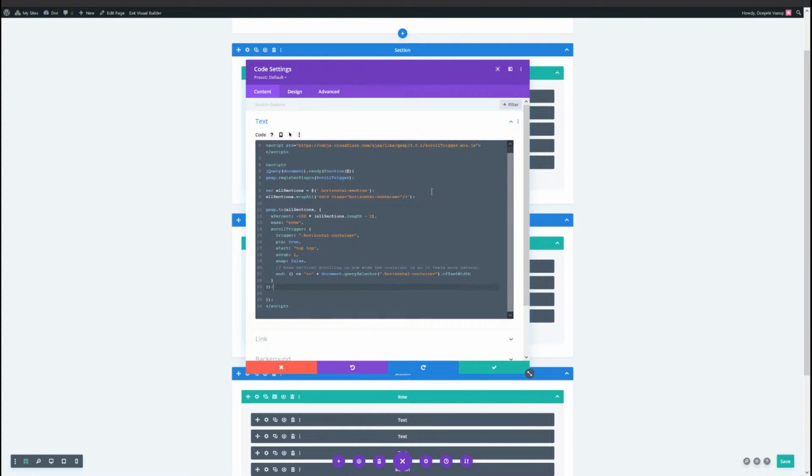GSAP and scroll trigger have quite some documentation, and you can find a lot of it on their websites. They're also linked in the blog post, which you can find in the description below. Although it's JavaScript and it's coding and algorithms, it's very structured and very easy to use if you dive into the documentation. I'm not going to do that within this tutorial because it would take a long time to explain the basics of JavaScript, first of all, and GSAP, which they have plenty of documentation on. But this is basically the code that is used